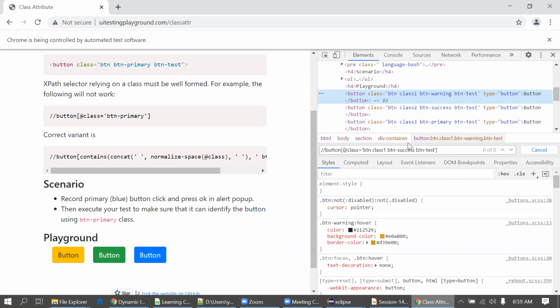So I'm not sure why it is not working. Let me check. Now I think the button got changed actually. You can see we used the success button first, now the success button got changed to second. The location got changed. That's why the class name changed. Previously success was first, at this position, green button, then yellow button, then blue button. Now the position got changed. That's why the locator failed.